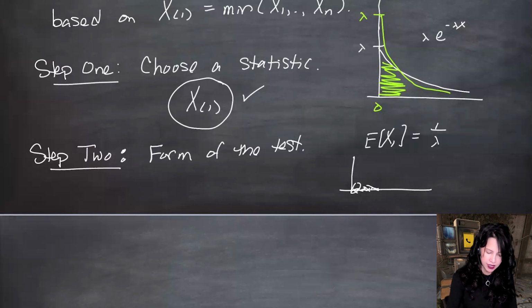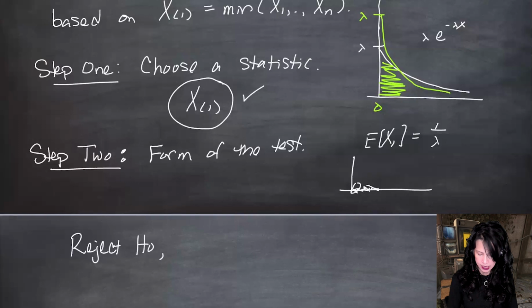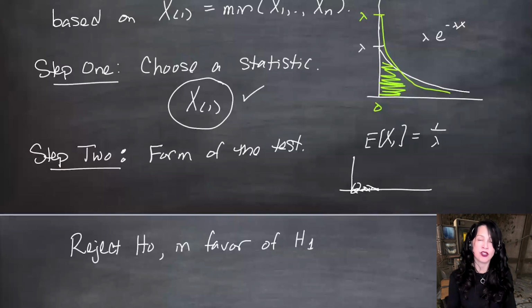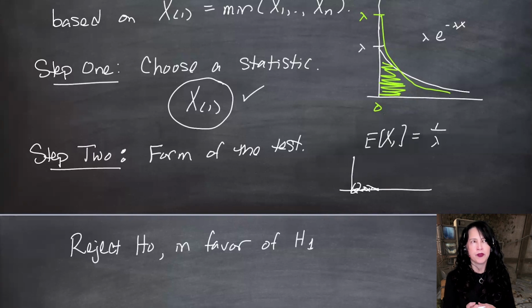But yeah, the form of the test. So here we go. We're going to reject the null hypothesis in favor of the alternative. I don't need to write this part because my null and alternative hypotheses cover the entire parameter space. So it's not like lambda equals lambda naught versus lambda is greater than lambda naught, and I see evidence for lambda actually being less than lambda naught, but we don't go there. It's not so important to put this in favor of part if